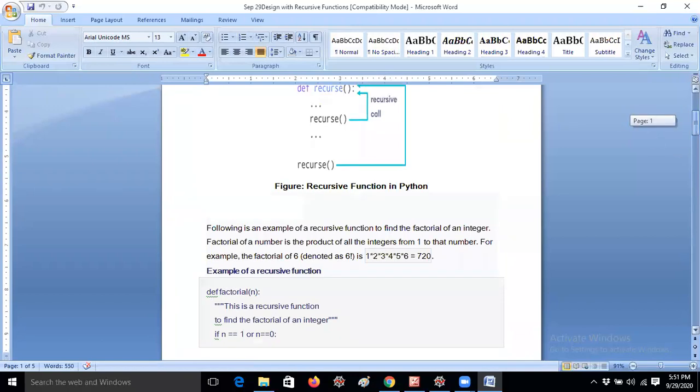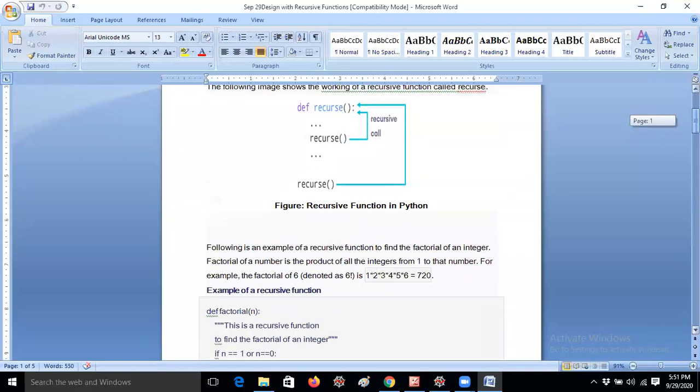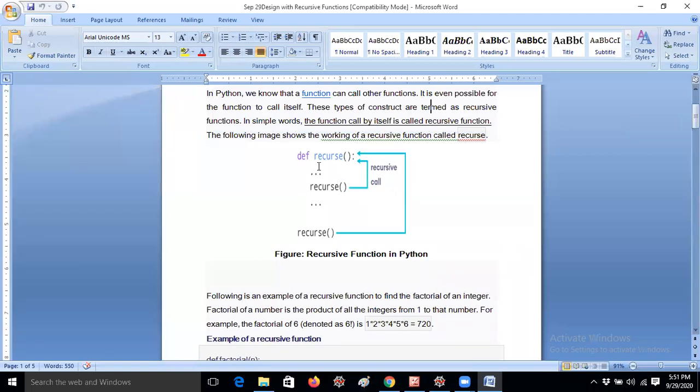Yesterday I only gave an introduction. If you define a method, and in its body you call the same method again, then that function is called a recursive function. As per the name I'm giving, recurse here is a user defined function. You can give any name; I'm just using this for understanding purposes. It will execute the recurse function, and if you find recurse again in its body, this is called a recursive function. That's all that recursion means.